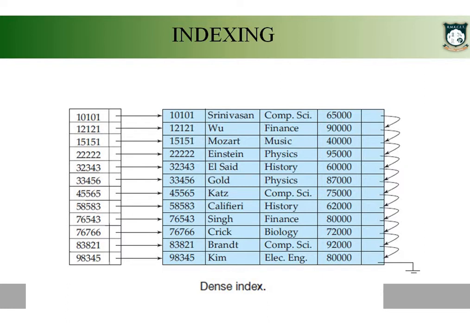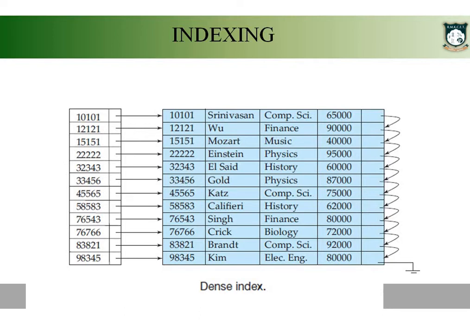Now, whenever we want to look for a particular ID, we have to look into this index file, and once an index record matches the value you're looking for, you can go to the appropriate location to find the actual record. Say for example you are looking for the instructor with ID 33456. You just start searching the index file. Here an index record matches the value you're looking for. This index record has a location pointing to the actual record. So you can easily find the actual record, right? So this is the concept of indexing.